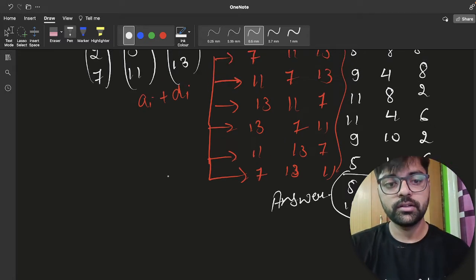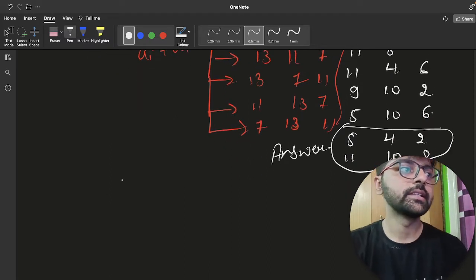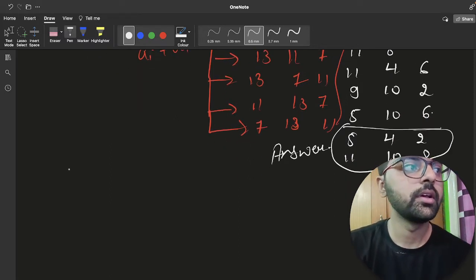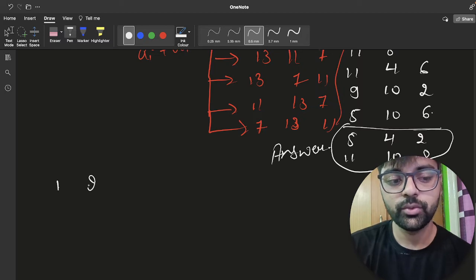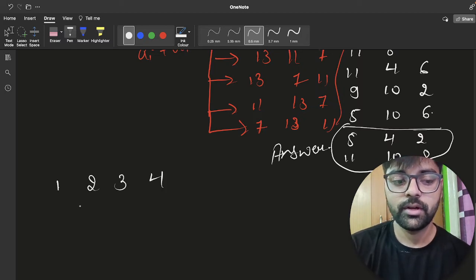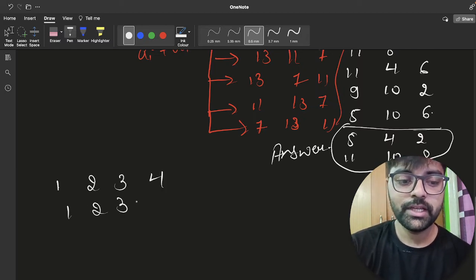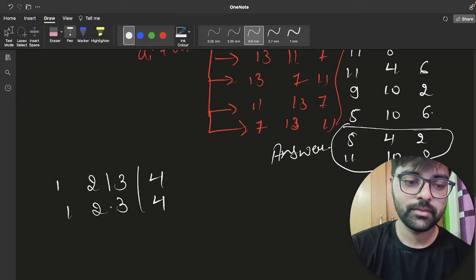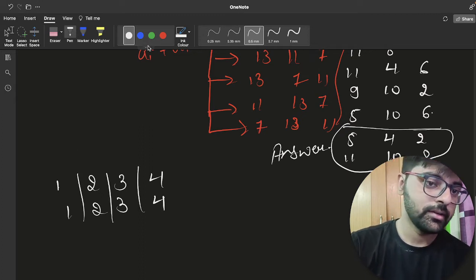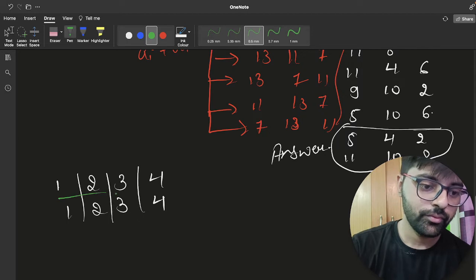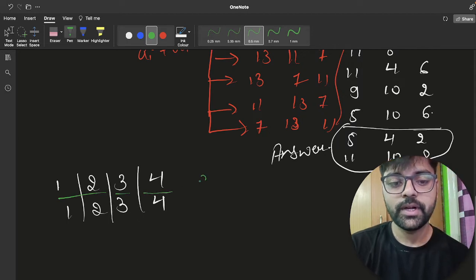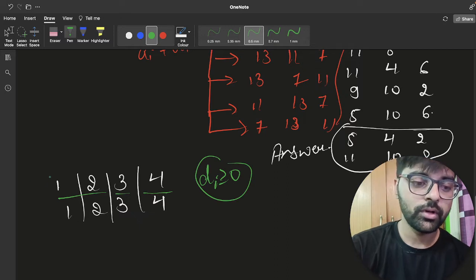Okay, let's discuss one more example. Let's discuss a equals 1, 2, 3, 4 and b equals 1, 2, 3, 4, right? So what is our d? Each di must be greater than or equal to 0, so there is only one option.